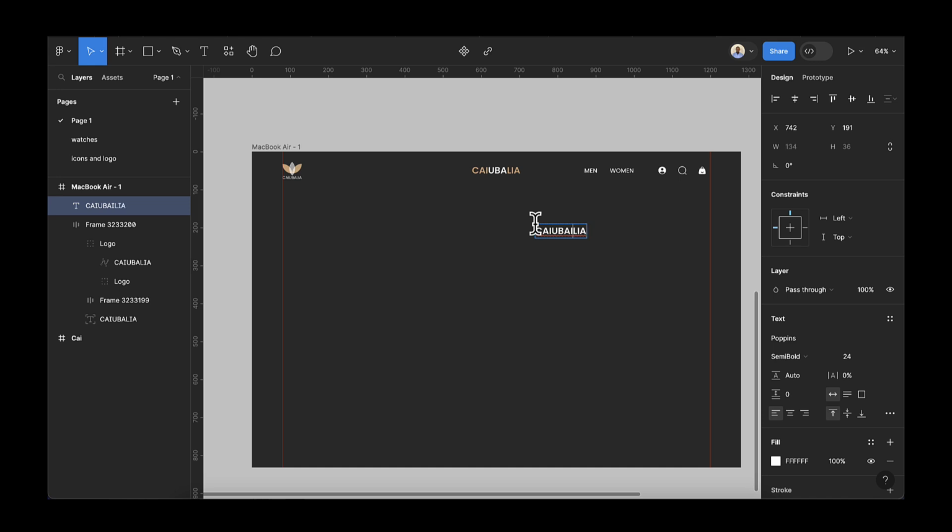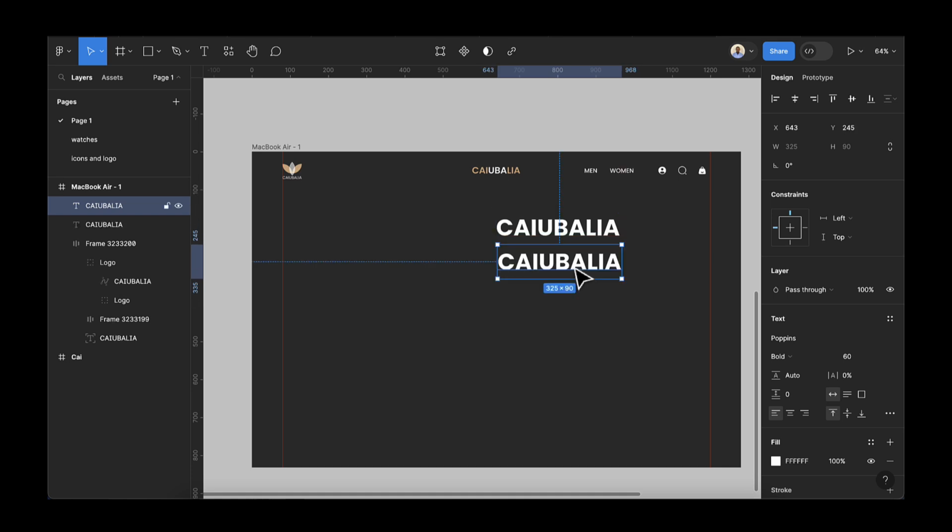So I'm going to remove the I here. After having this, we're going to change the size to 60 here, and then this is going to be bold. So now, after changing that to bold, I'm going to drag this here. So we're going to duplicate this again, and then this time I'm going to add Mando edition